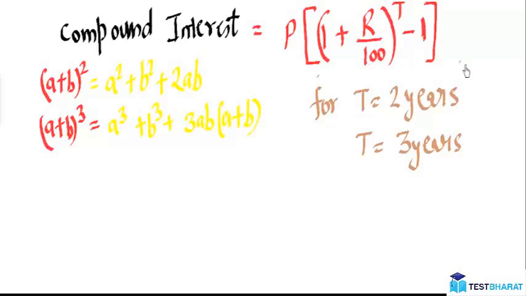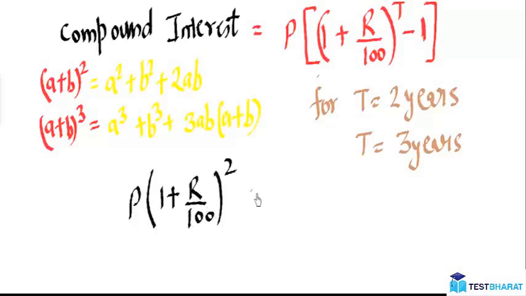for 2 years. And we all know the formula of a plus b whole square, that is a square plus b square plus 2ab. If we take a close look at this formula, if I put t equal to 2 years, then it will become P times (1 plus r upon 100) whole square minus 1. Right. So what I can do is I can put in this formula,